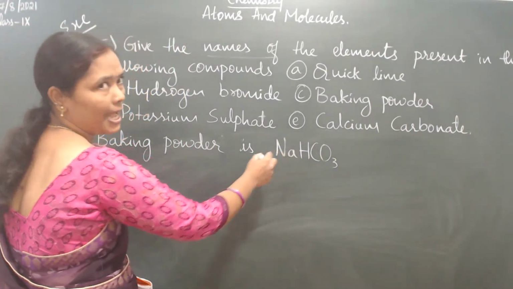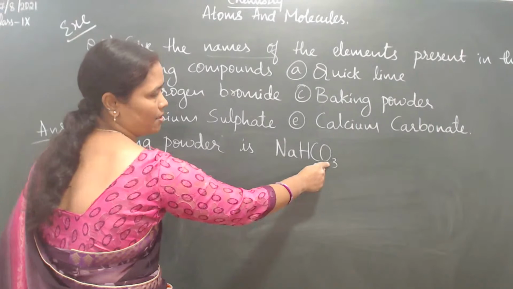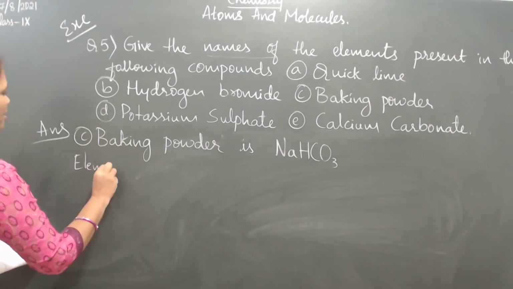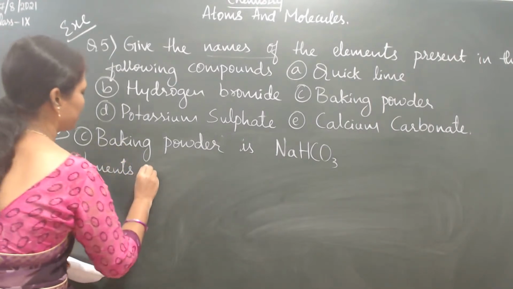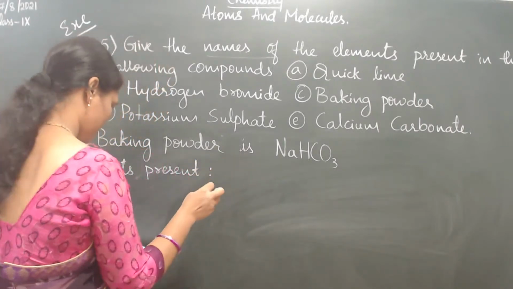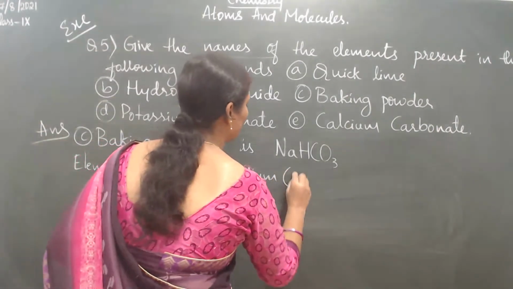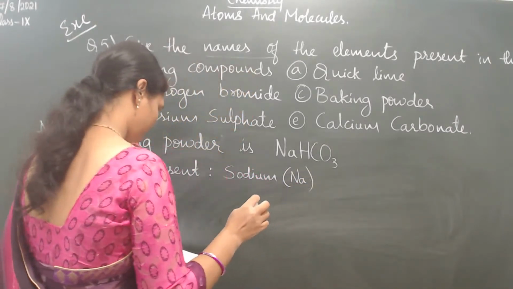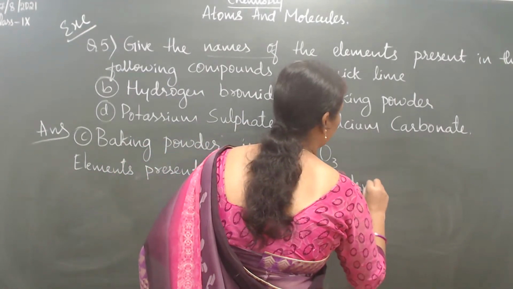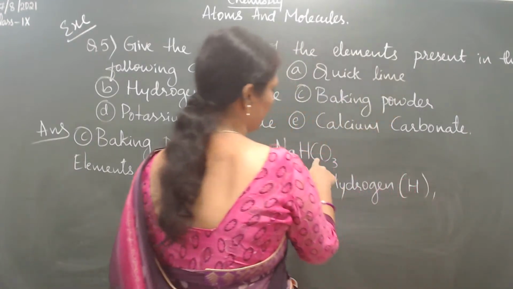Here the elements present are sodium, hydrogen, carbon and oxygen. First one is sodium. The symbol for sodium is Na. Then the next element is hydrogen, symbol H. Third one is